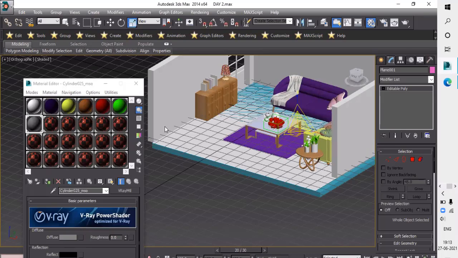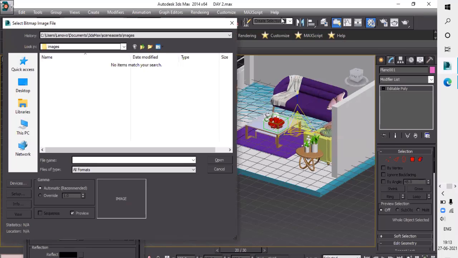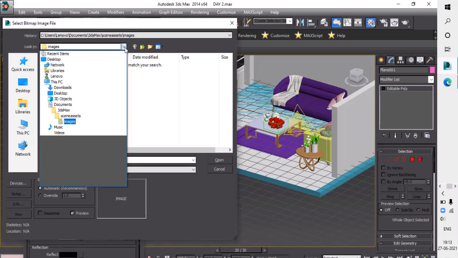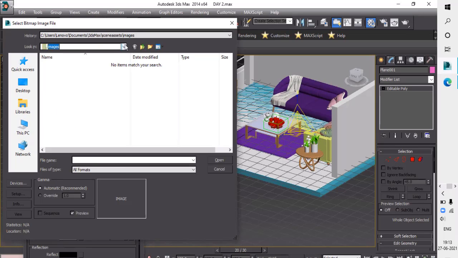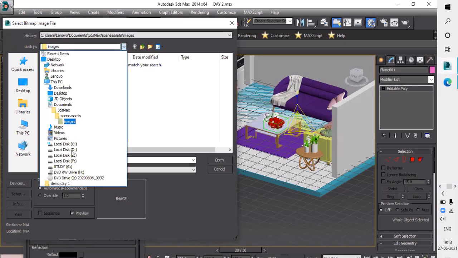And another screen will pop up here. So imagine what you want. So I take the tiles texture, which I already downloaded.